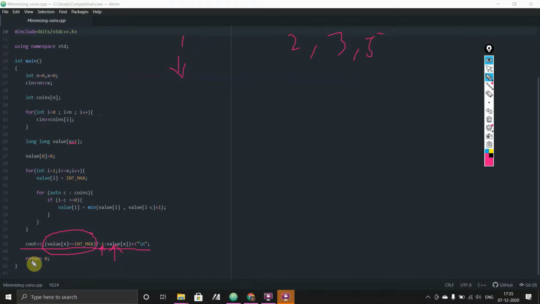According to this algorithm, I will go to 1, realize that all of these values are greater than 1 here only, and this part will never be executed. That means value of 1 will always be int max, which actually means that we cannot construct this. So the answer should be -1 according to the question.